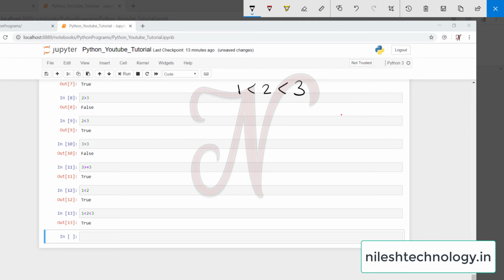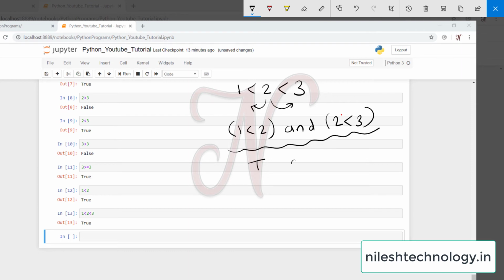See here, the 2 is used in both conditions, which means 1 is less than 2 and 2 is less than 3. Actually, this is the expression. 1 is less than 2, True, and 2 is less than 3, True. So this is the logical AND operator.